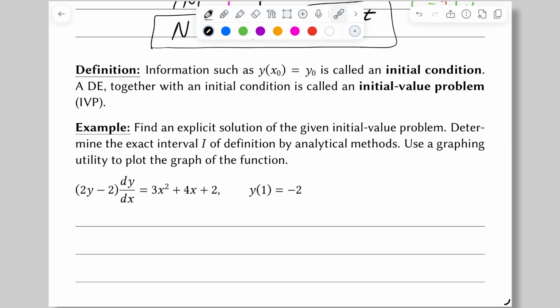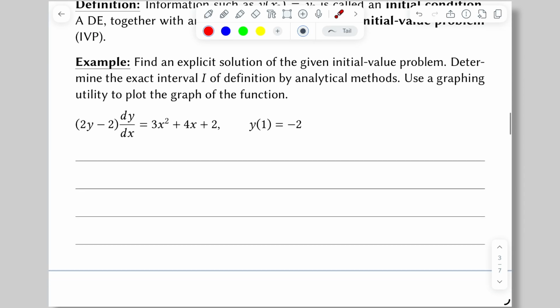In previous videos, I've talked about having additional information, and that is information in the form of, say, y of x naught is equal to y naught. It's called an initial condition. It's a point on the solution curve. And a differential equation together with an initial condition is called an initial value problem, an example of which we